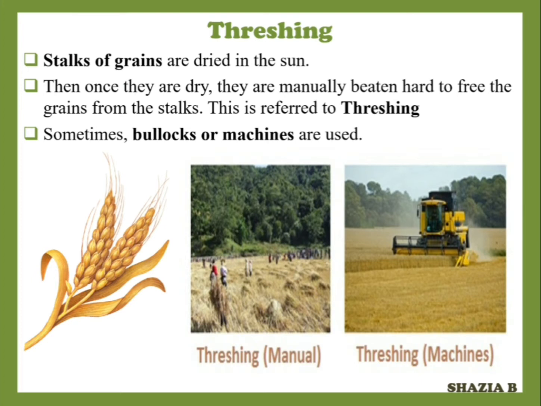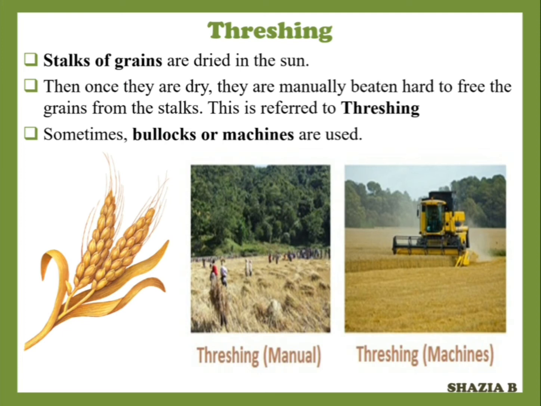But the disadvantage is that hand threshing, that is, we can beat out these stalks with our hands, is a very tiring process and is not very suitable to separate particles of similar sizes and texture, though we can use it for particles of different sizes. But if the particles are of the same size as the grains, this method is not advisable. So threshing is simply the separation of grains from stalk. It can be done using a machine, which is called a combine harvester, or we can use bullocks for the same.